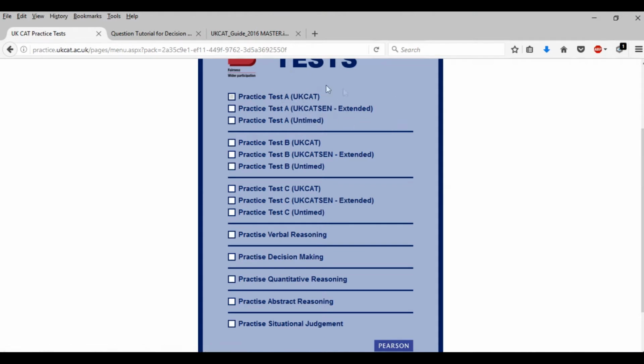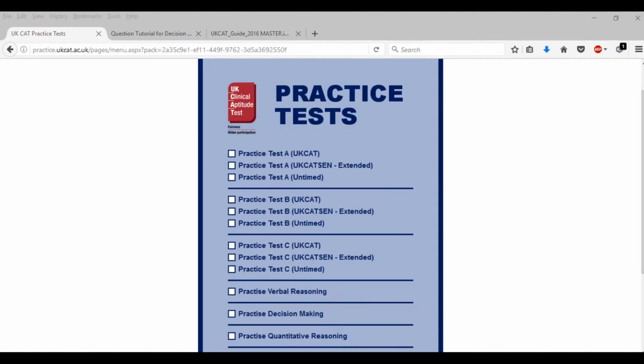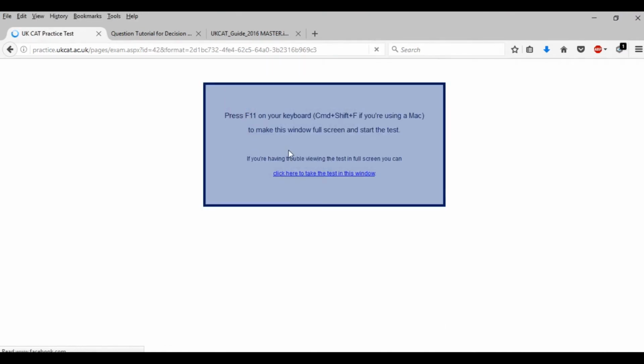There is an untimed version, and definitely have a go at that so that you can practice every single question. The more questions you practice, the better you're going to get at it. There is also timed segments. I would say go through all of them. Practice as many times as possible and get as much practice as you can. You want to maximize your chances, you need to practice, and practice makes perfect. But remember,